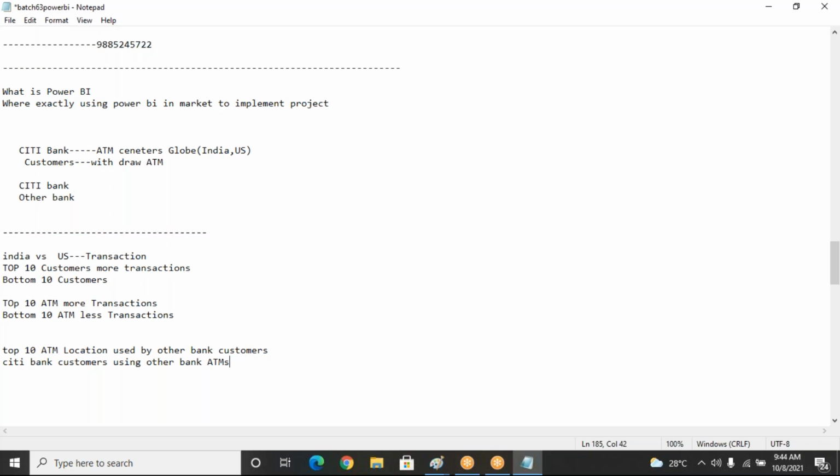We need to make decisions. To make decisions about your business, first you should have thorough knowledge, some actual data. You need to understand the answers to all these questions, and based on that, you can take decisions. If you don't have answers, like the top 10 locations and top 10 transaction customers, how can you take the decision? That is the reason Citibank wants to